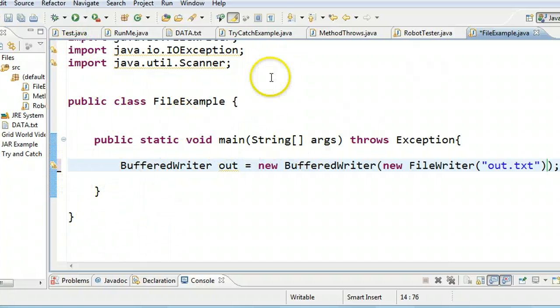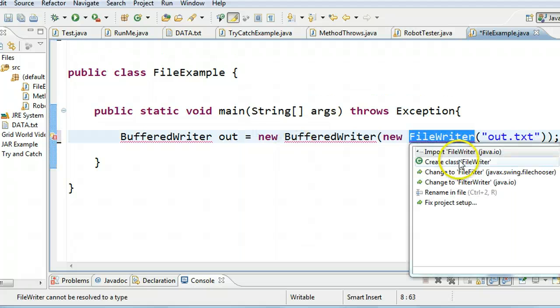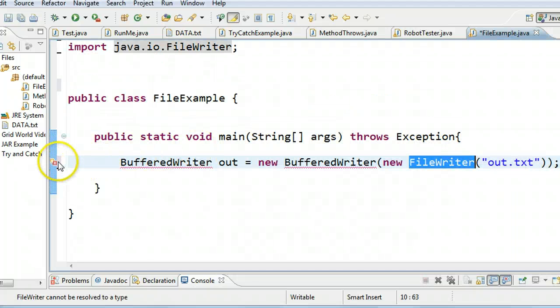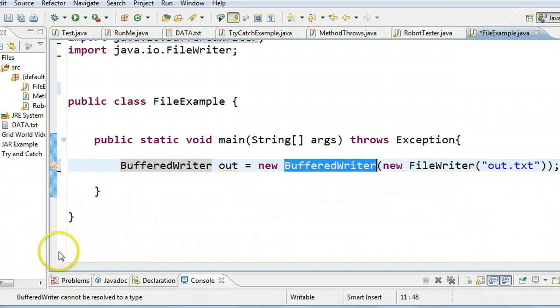Notice up here I have all the import statements already there, but if I didn't, you'd get an error like this, and you just click and say import FileWriter. Just go here and click and say import BufferedWriter, and then it's all imported. Now I get a little warning saying that I haven't used this. Okay, so